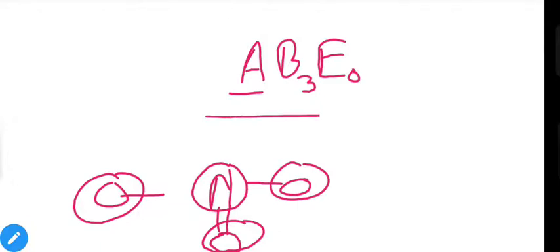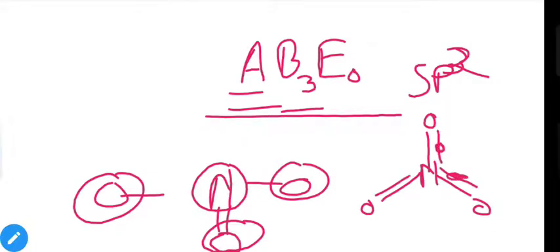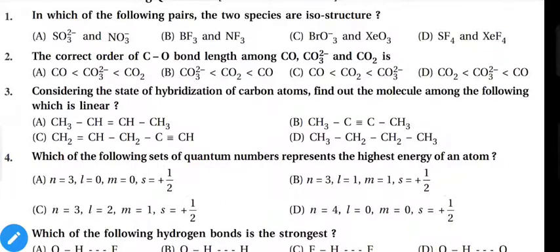non-bonding electron pairs. So observe the table, try to find this type of pair mentioned in the textbook, AB3E0, that means 0 non-bonding electron pairs, 3 bonding electron pairs, and 1 central element. And you will see it contains sp2 hybridization and planar triangular structure. That means the center contains nitrogen, and around the nitrogen we have 3 oxygens, and this double bond will change step by step like this. So in our first example, we do not have the same type of structure. So SO3 2 minus and NO3 minus are not isostructural.